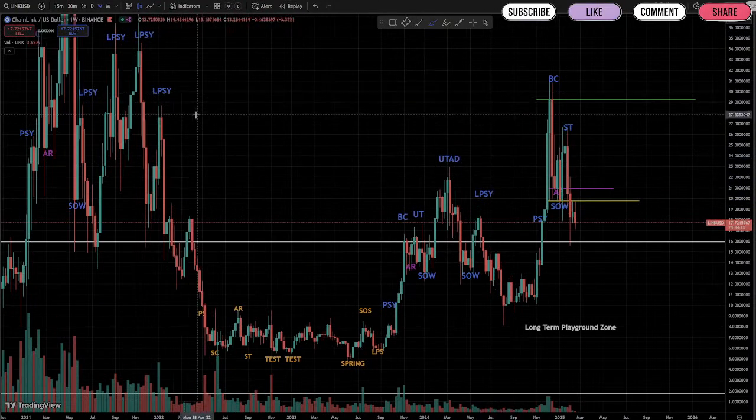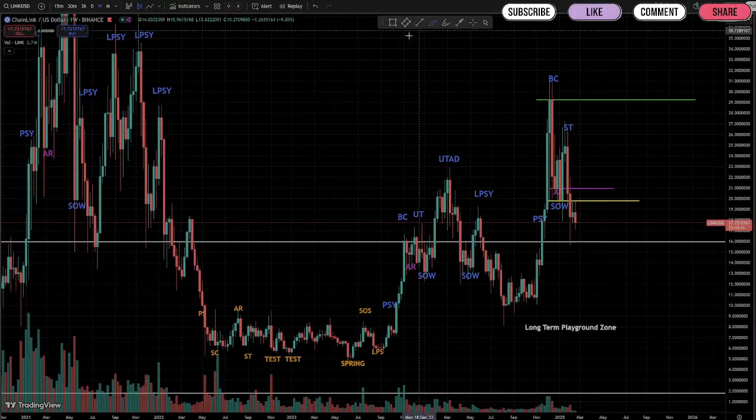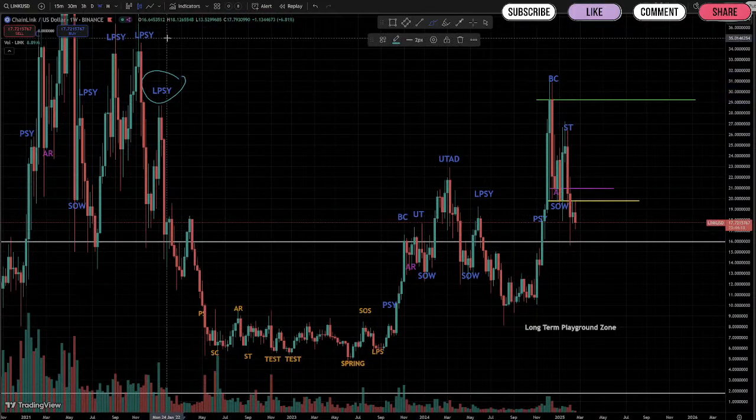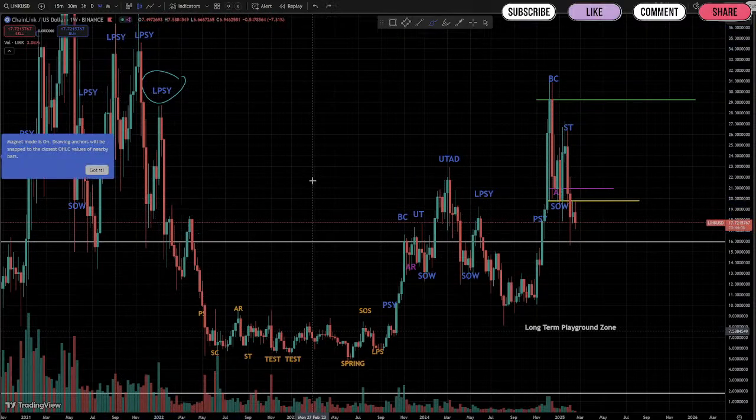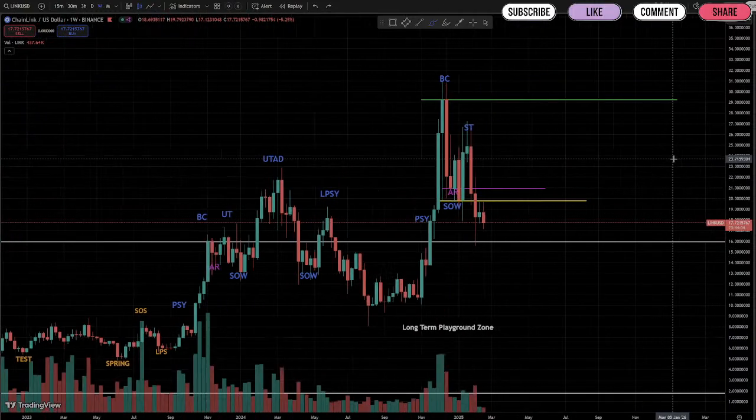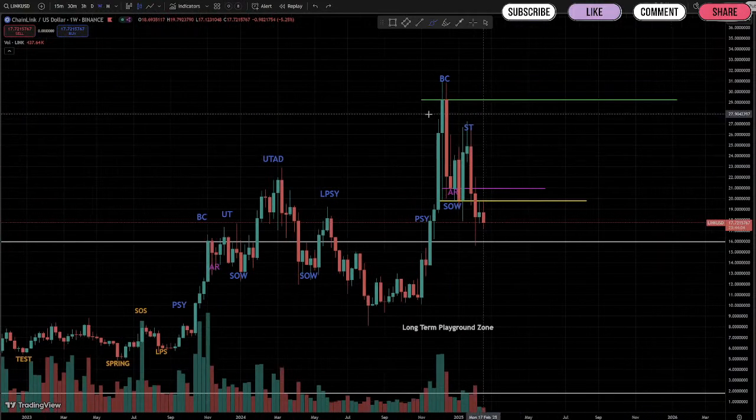It can happen multiple times. Some of them I haven't drawn out. There are multiples already, and you can call these ones as well. So that's how the price action can happen, and that's pretty much for